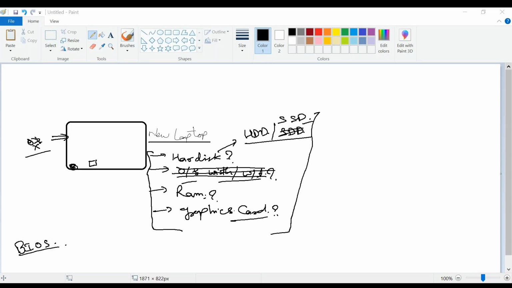Yep. So whenever your BIOS loads, or even before BIOS loading, there is a chip in your system, in your laptop or desktop, which holds the BIOS. BIOS is a read-only memory, it goes into the read-only memory, ROM, and in that ROM there are several programs already written in BIOS, which run as soon as you